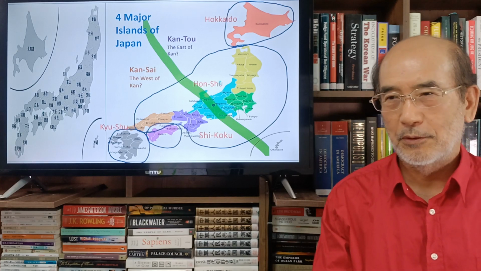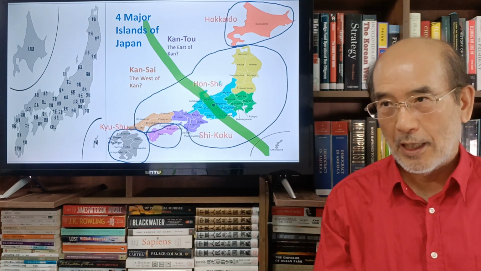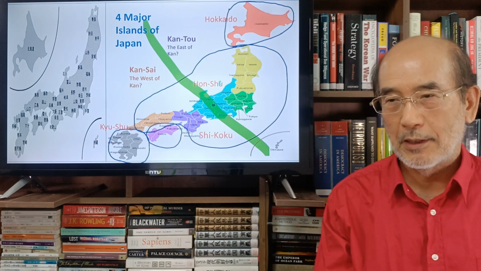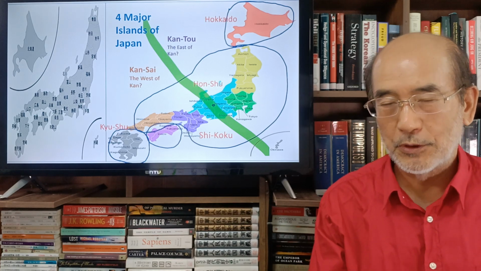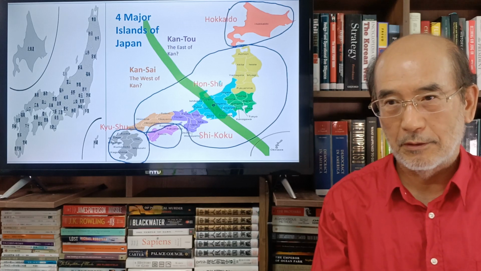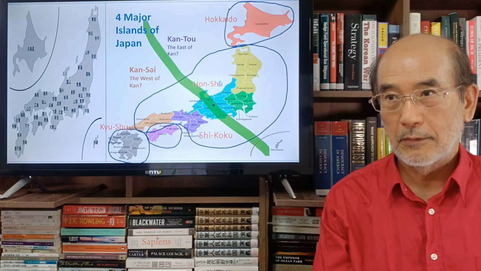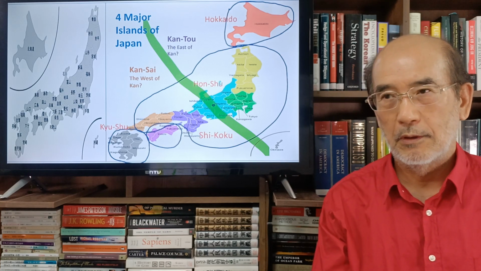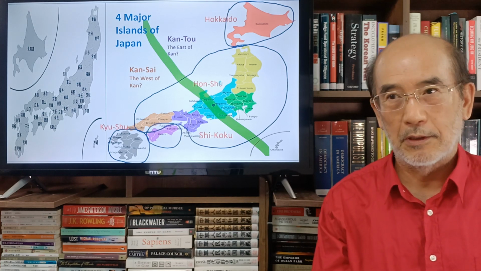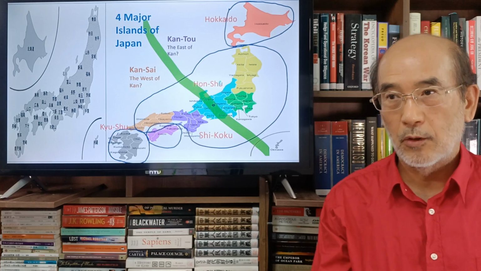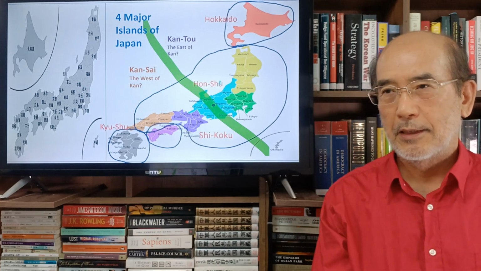Now, let's go back to this 4 island story. I just circled them. Hokkaido is an island in itself, and it is really huge. As you see, at the bottom, we have the Kyushu region and the Shikoku region, having more than 10 prefectures, I guess. It's about the same size as Hokkaido. Hokkaido should be maybe about the size of, or even larger than, South Korea today. But it's 1 Do, with so many beautiful sites, so many